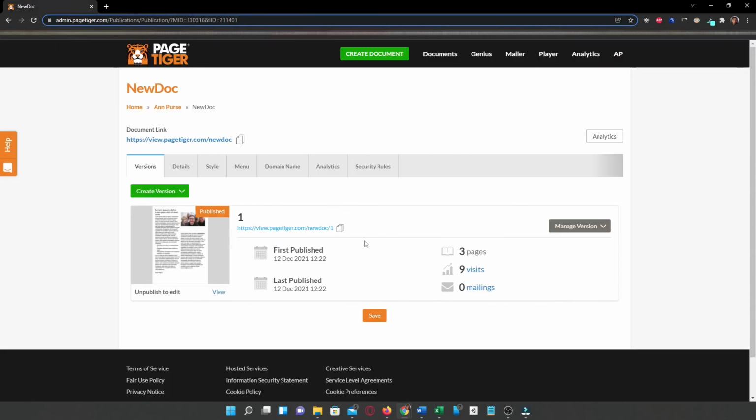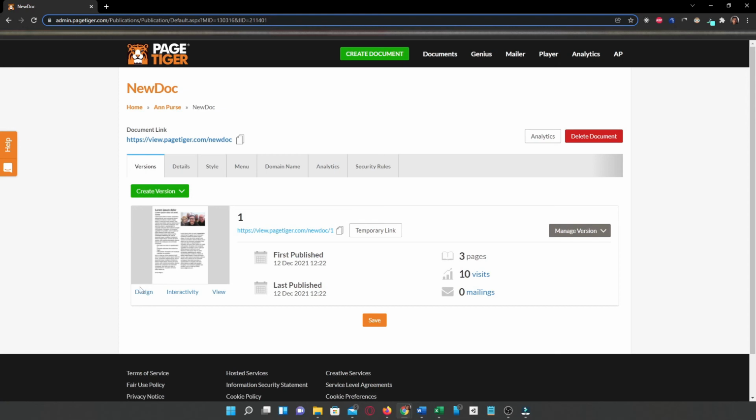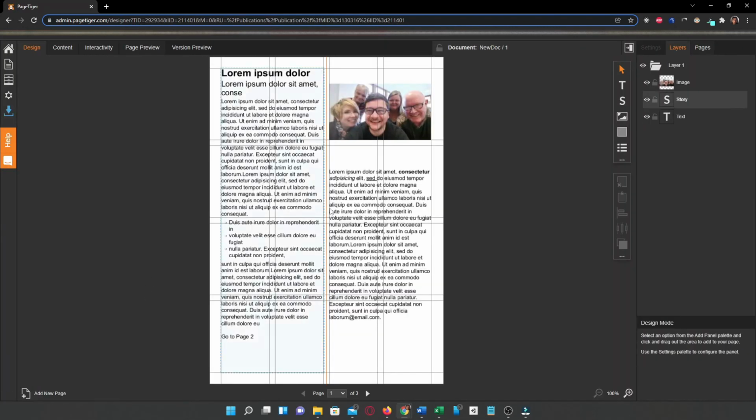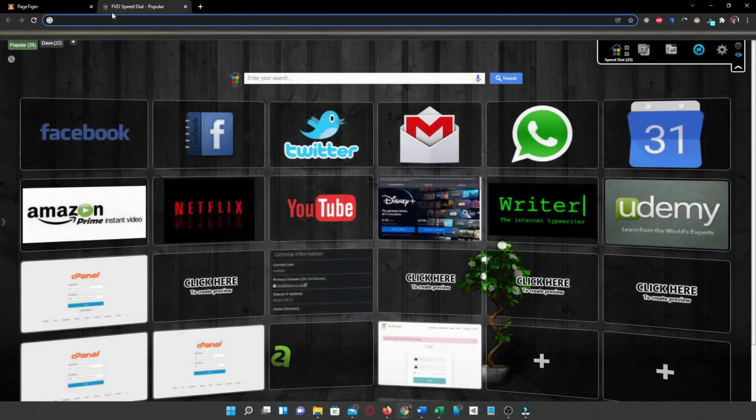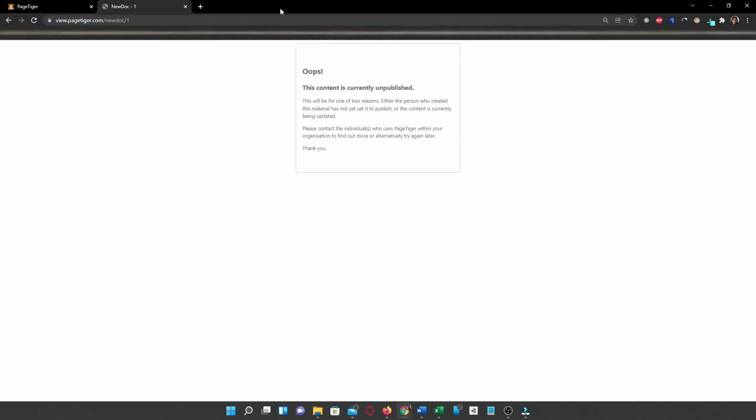For us to make modifications to it, you can see here it says unpublish to edit, because normally we click down here to make changes. And to unpublish, we very simply go to manage version, go down, click unpublish, and there we go. We can go back in and make design changes. Now these won't be reflected in the version. In fact, you may not actually be able to access the version. Let's just have a look at that. There you go. So if we unpublish it, it means that it's not available